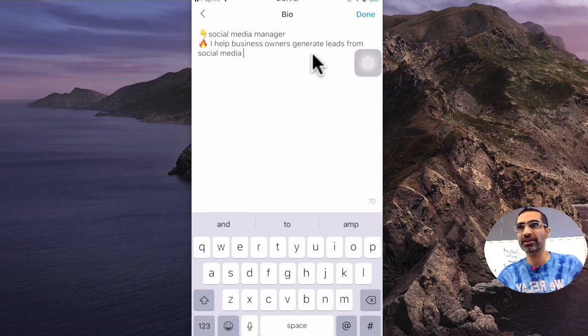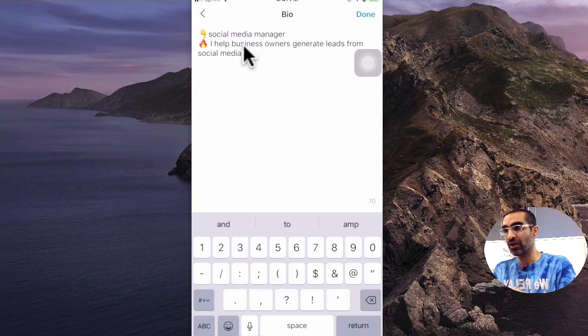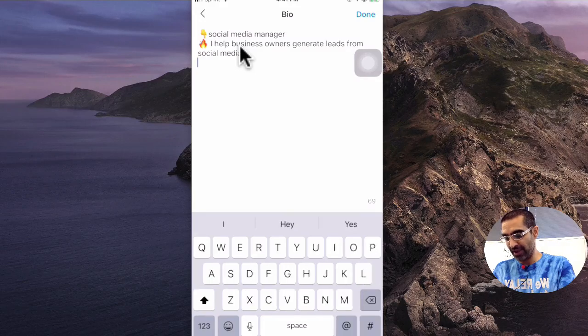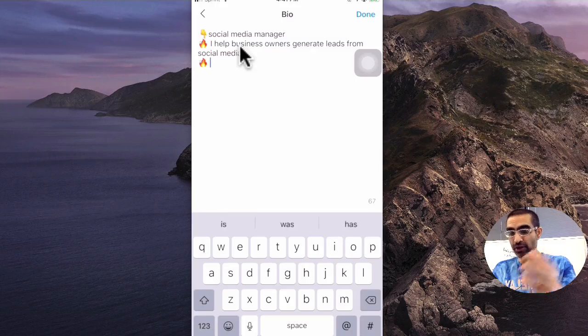The other tip is this statement: I help X do Y. And if you stay till the end of this video, I will share some examples and some tactics that you can use this formula to craft a compelling bio. But right here, what I wanted to show was how you're able to go to the next line, and I might say, the other thing is, you know,